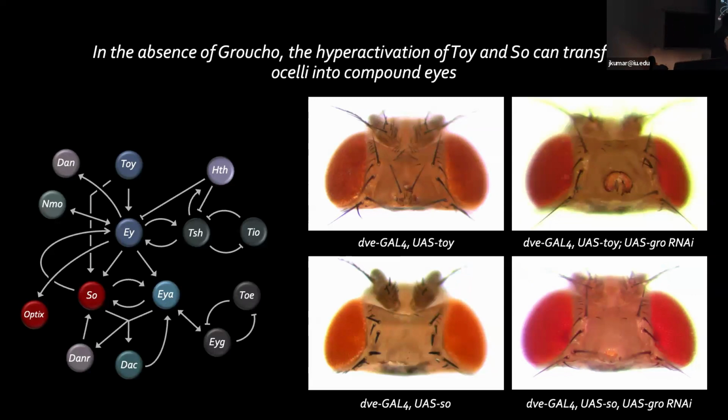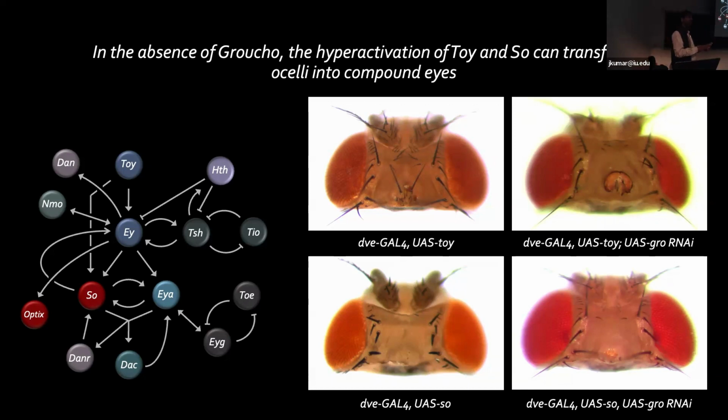So in the past, I had shown you that if you overexpress twinovirus and Cynoculus, initially that led to a loss of the ocelli. If we do those same experiments, but now get rid of Groucho, so when you activate twinovirus, you're turning on Cynoculus, but you're now forcing it to be an activating complex, or you just put in more Cynoculus here, you can now see in both this case and that case, you can start to see the transformation back to compound dyes.